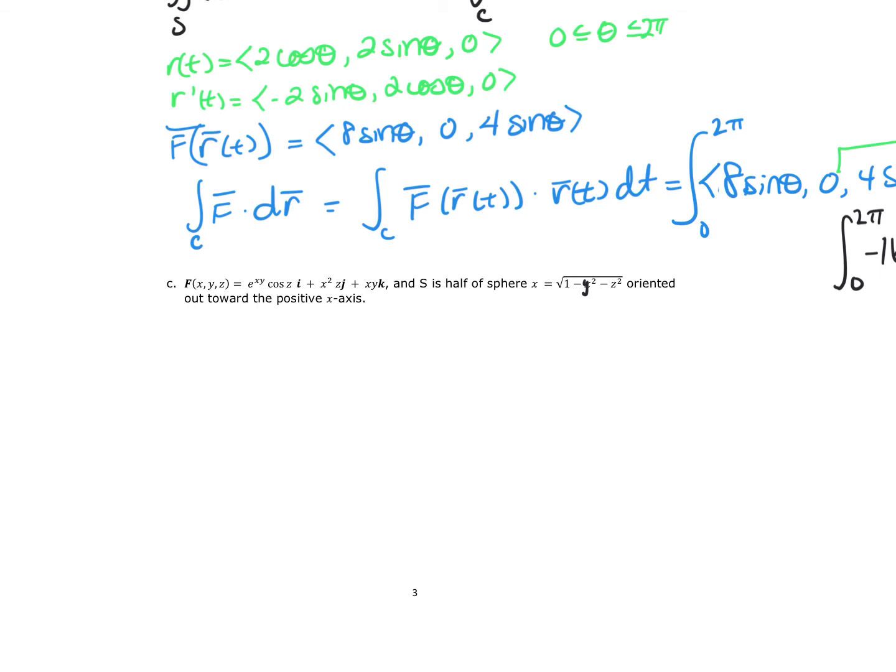Again, I'm going to be using the Stokes theorem, so the integration along the surface S of the curl of F dotted with the normal vector n, dS is equal to the integration along the curve of F dotted with dr. So I have a half sphere and I am orientated out toward the positive x-axis, and now notice that x is equal to this function. So what that means then,